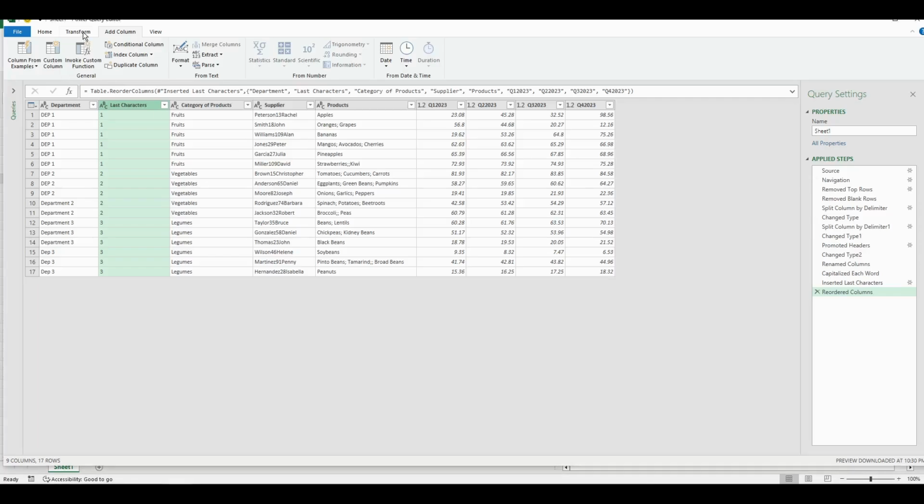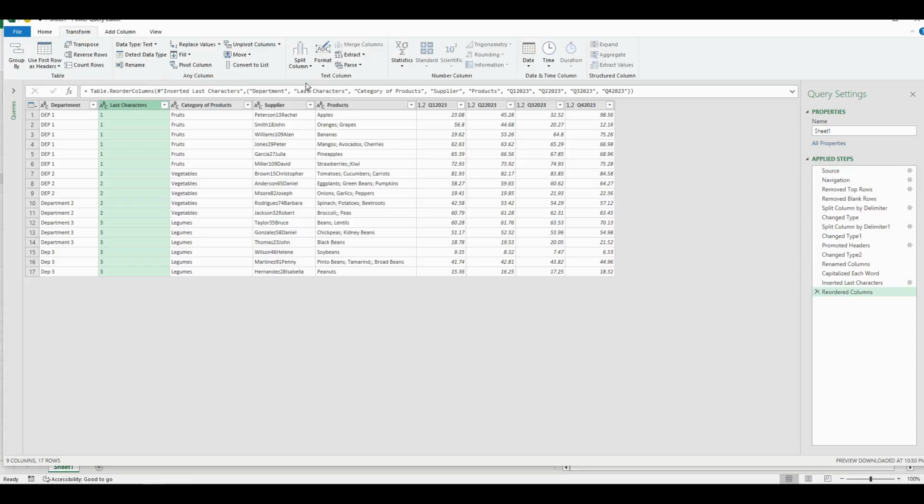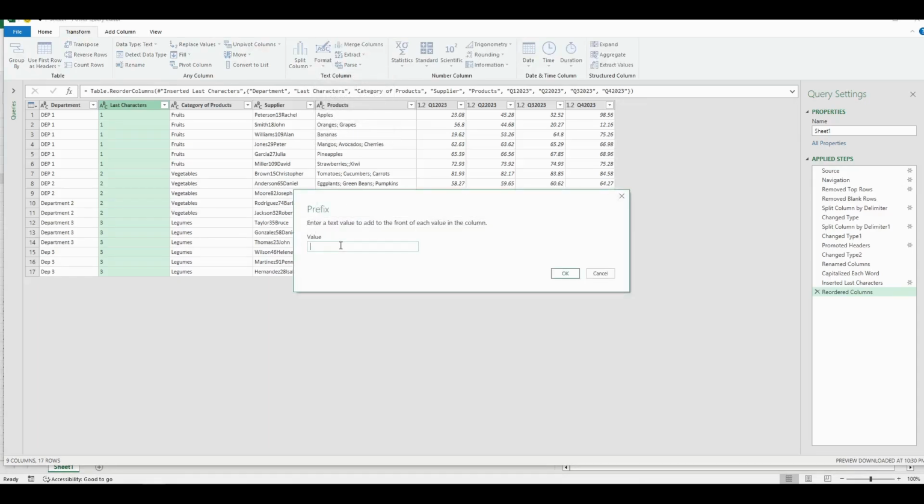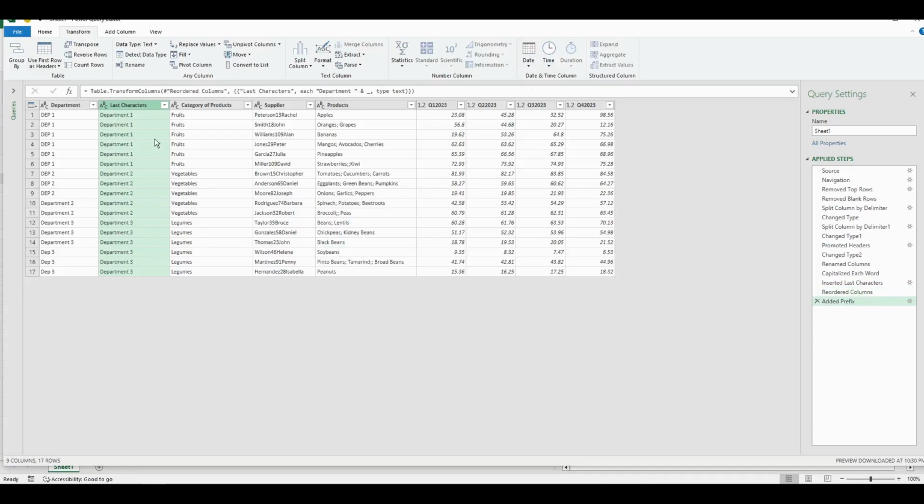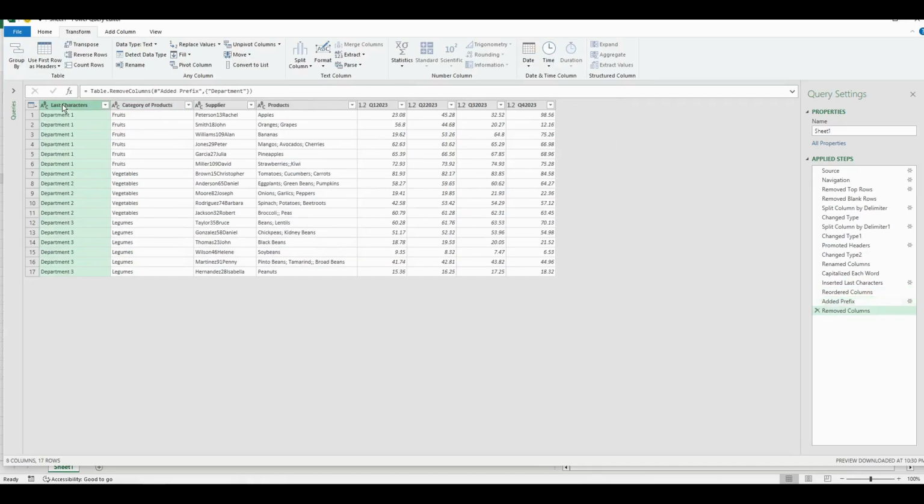So we go to Transform, Format, add a prefix. That can be department, space. So here we are. We can delete this column. And this new column has as a label the word department.